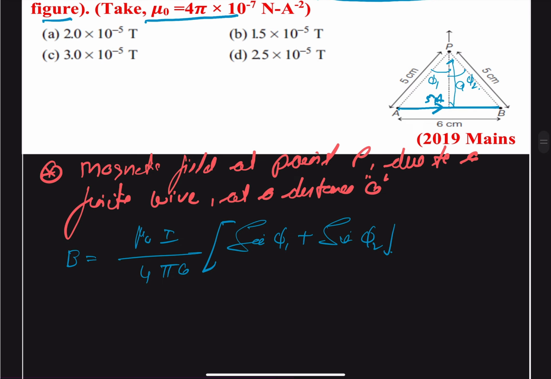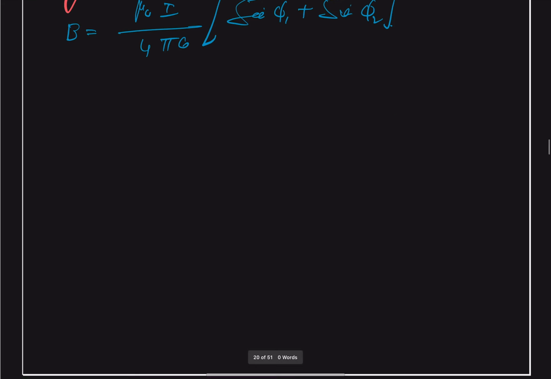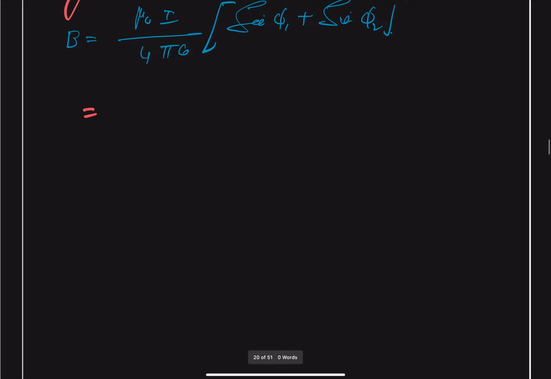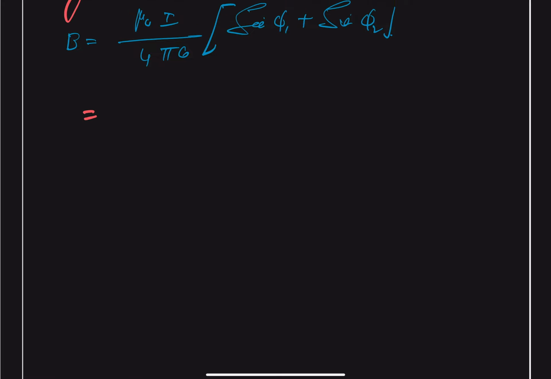And this will be our midpoint, and therefore the side will be our 3, both sides. So we can easily find out sine of phi 1 as well as sine of phi 2. So we get this as: mu naught is 4 pi into 10 to the power minus 7. Current is given to us as 10 ampere, and this is our 4 pi, and we have this as